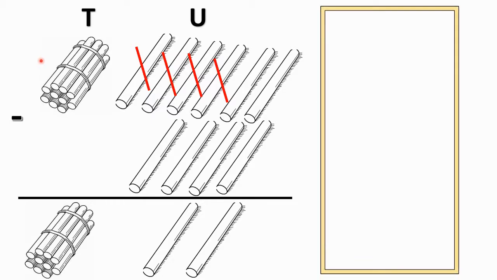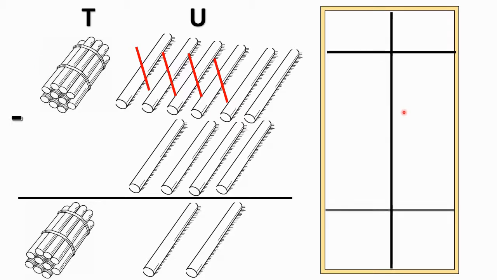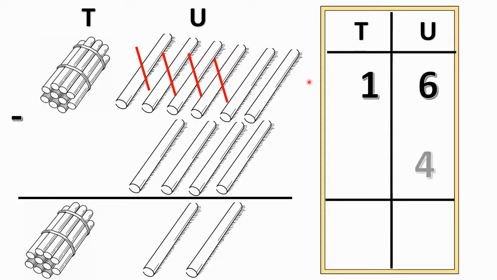First, draw the lines, then put the tens and units. Write down the sum. 16 subtract 4. Now 6 subtract 4, first see the units place. 6 subtract 4 is equal to 2. And here 1 in tens place, downside no number is given. So 1 below nothing. So 1 subtract 0 is equal to 1. Now 16 subtract 4 is equal to 12.